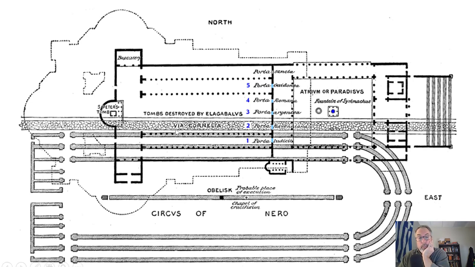And so what Constantine does, he plows under what was left of the circus and buries this whole cemetery in dirt. And he builds this church on top of this large, massive dirt foundation. It was a huge engineering feat. And he builds this first St. Peter's Church, which is not the one you see today. The church you see in the Vatican today is the second St. Peter's Cathedral.